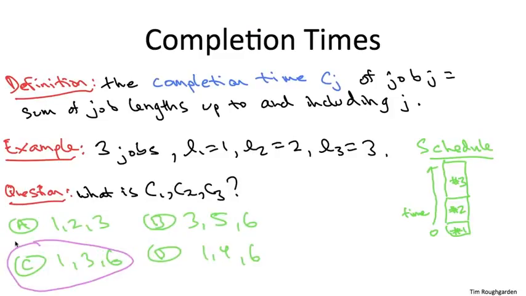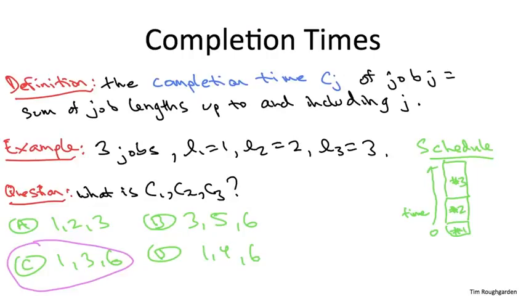Okay, so the correct answer is answer C. For the first job, it gets scheduled first, so it's very happy, and it just takes 1 unit of time to complete, so its completion time is 1. The second job has to wait for the first job to complete, so 1 unit of time elapses, and then it itself has to complete, so that's 2 more units,